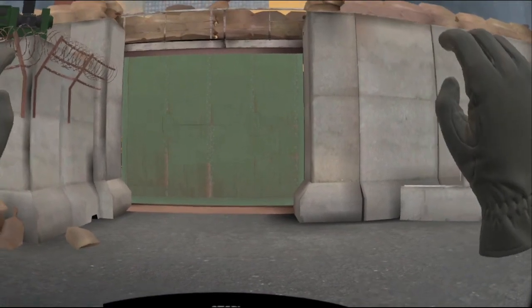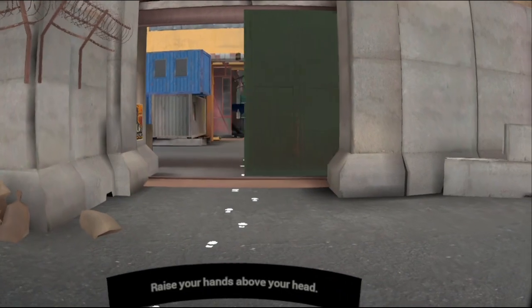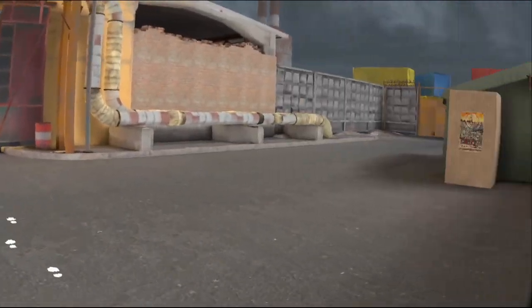Stop. Authorized personnel only. Raise your hands above your head for identification. This message is to remind you that you are the UNPSC field officer aiding our research of the Pechorsk Radius